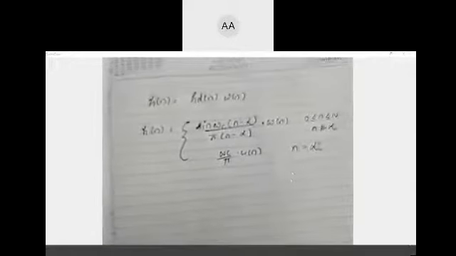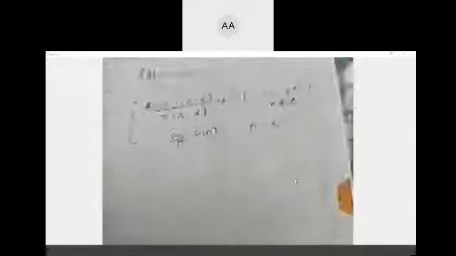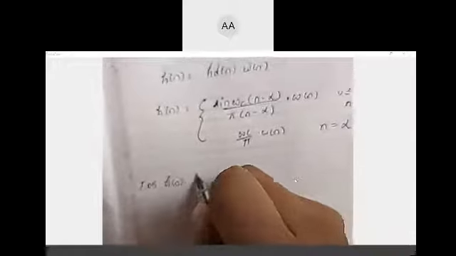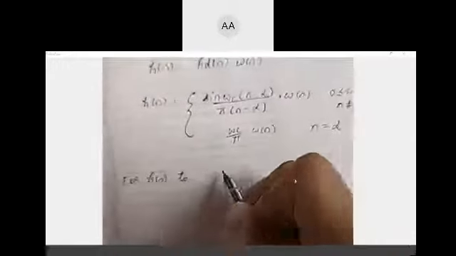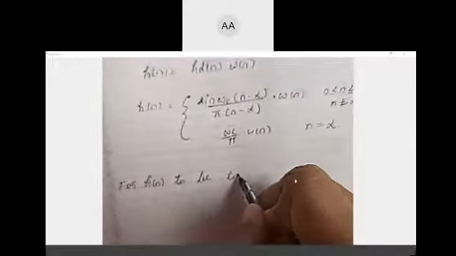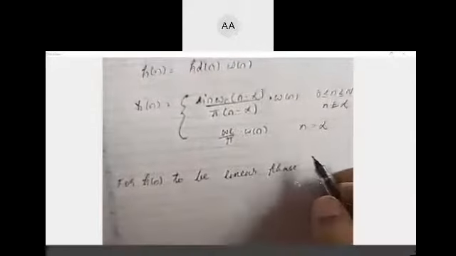This you have understood, everybody. Okay. One more important equation that you need to write down here is for your h of n. Just write down for h of n. After writing this, after every problem, you can write a conclusion like this. For h of n to be linear phase, even when you solve the problems, you can write this.